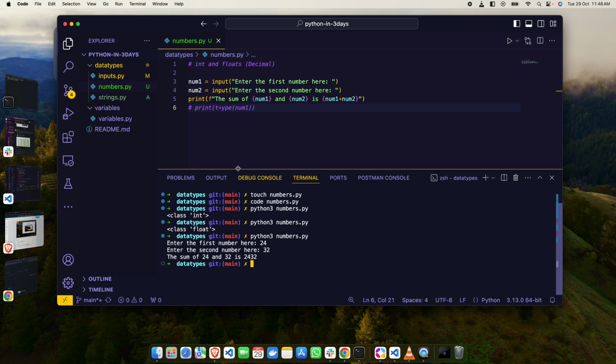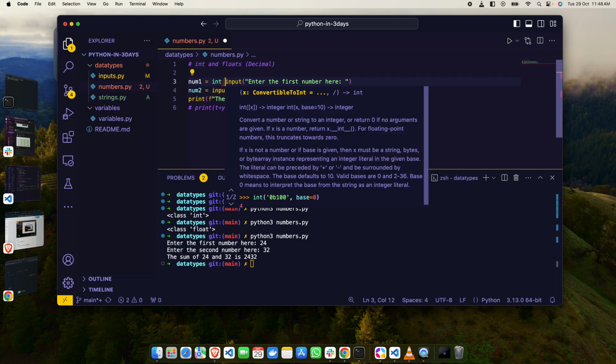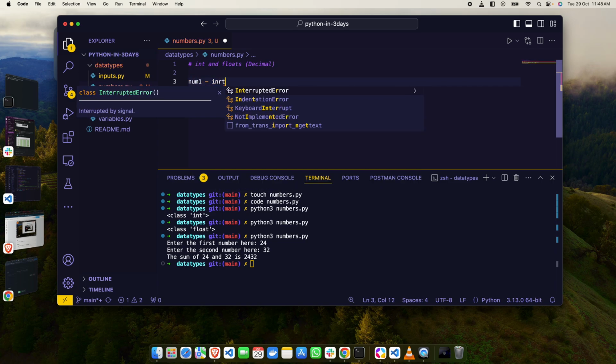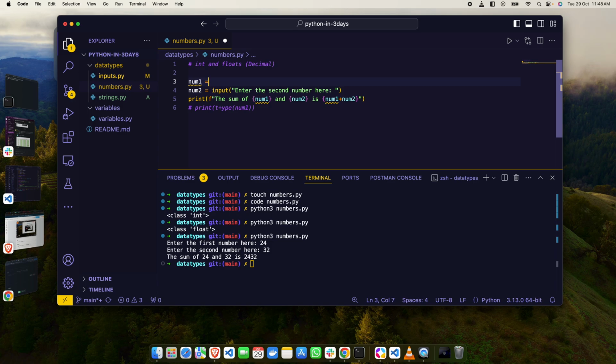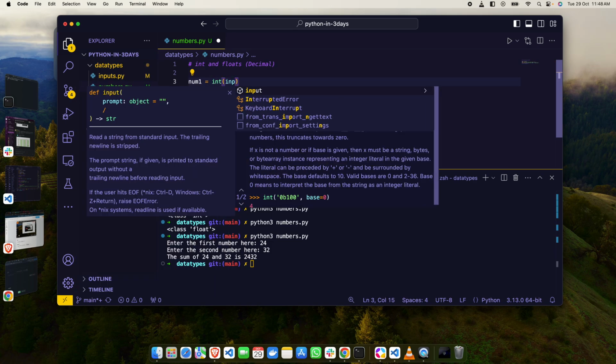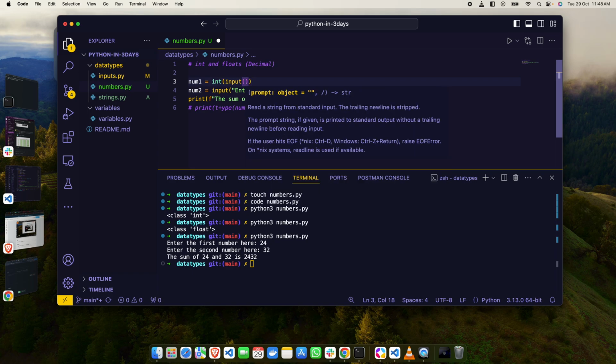Yes. Okay. So what we want to do is say something like int and open a bracket, because we have to make sure it's in brackets, and close the bracket here. So let's just write it from scratch, that will make a lot of sense. Num1 equals int, then input, then I'm supposed to pass in a number. Enter